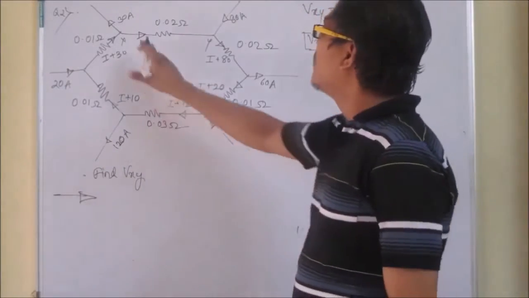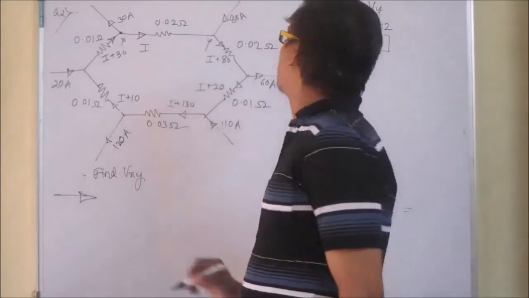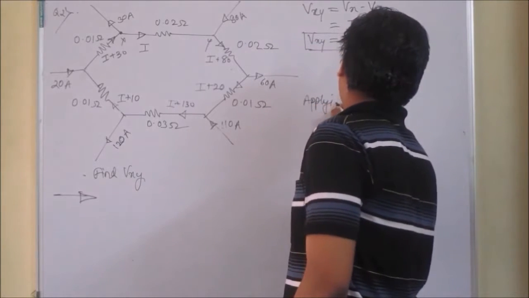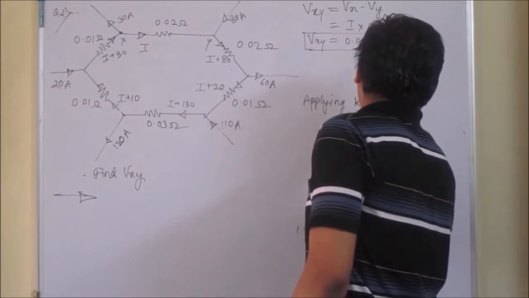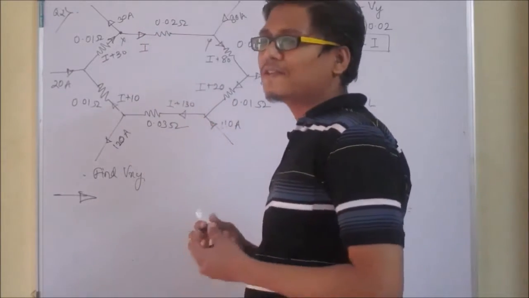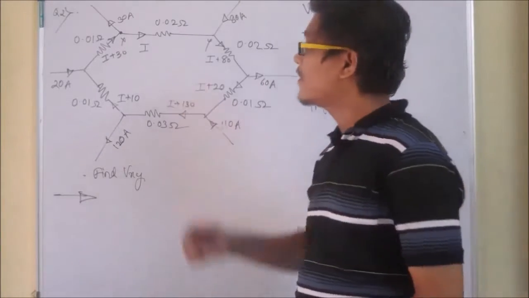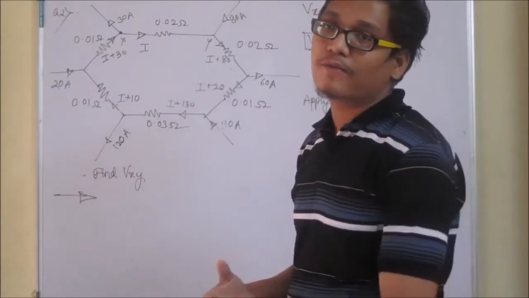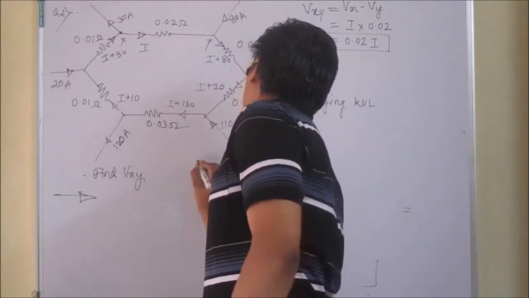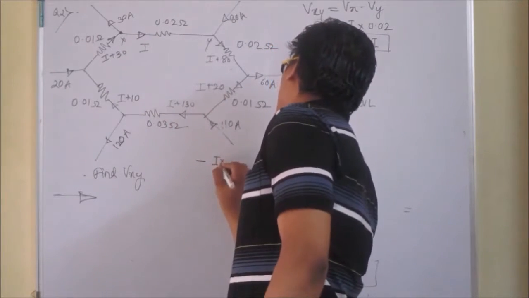Let's start with point X and we will again come to the point X. Applying KVL. Now starting from X, what does a resistor do? It creates a voltage drop, and that voltage is denoted by a negative sign. I will write minus. We'll start from here as it will be a lengthy equation. I, what will be that voltage? I into